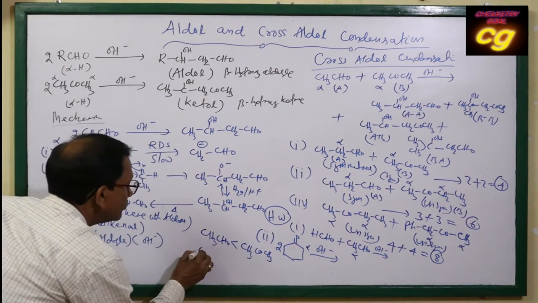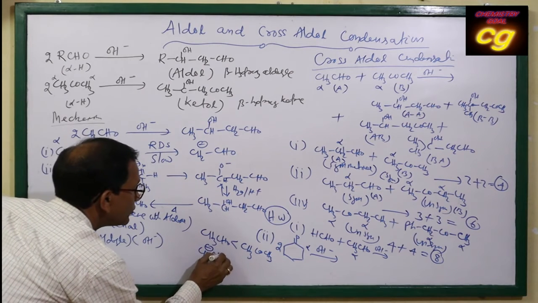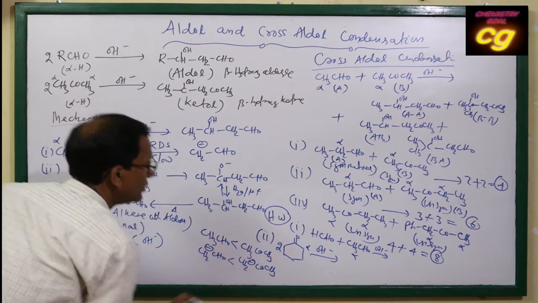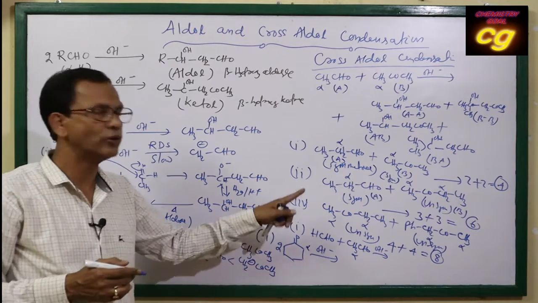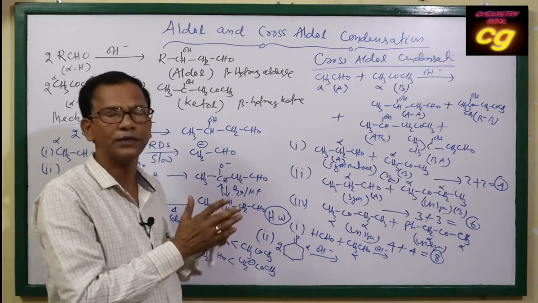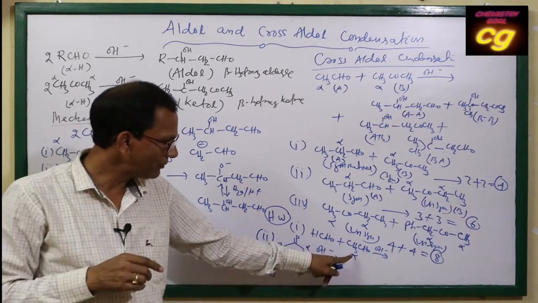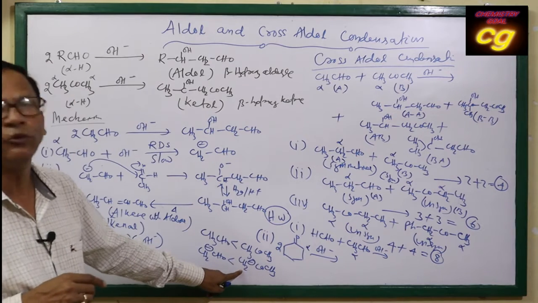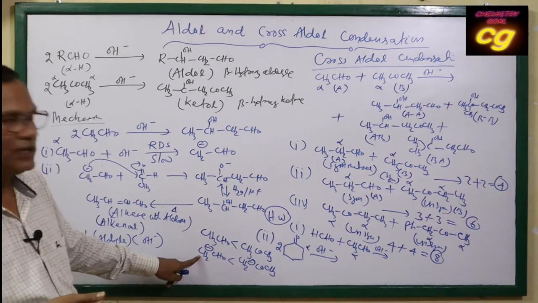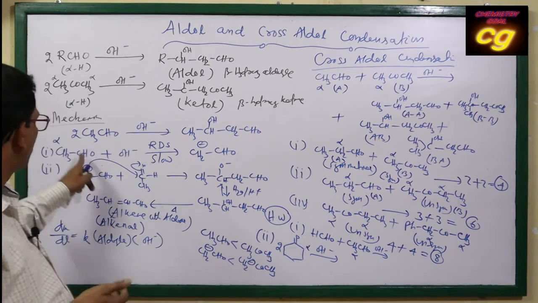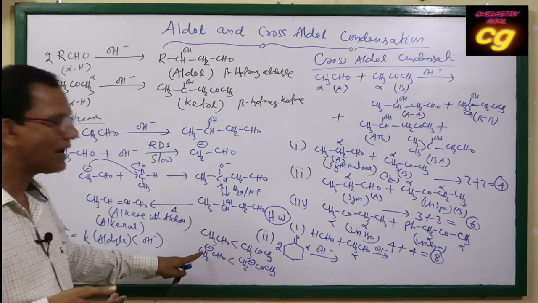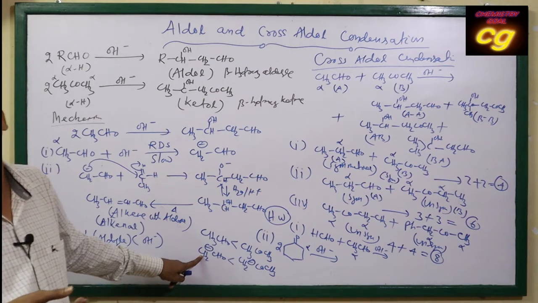Nucleophilicity: if you see the nucleophiles, that is CH2 minus CHO, and this one is CH2 minus COCH3. So the nucleophilicity character is mainly for ketone and aldehyde. If there is a difference between aldehyde and ketone, always the nucleophile formed from ketone will be more reactive than the aldehyde nucleophile. So if you compare the formation of a nucleophile in the first step, the rate determining step, ketone is better than the aldehyde in terms of formation of nucleophile.